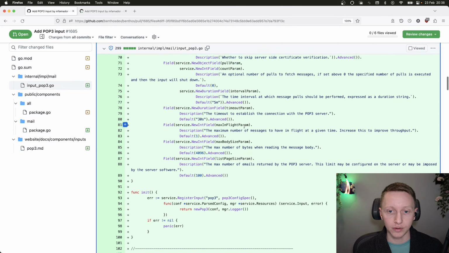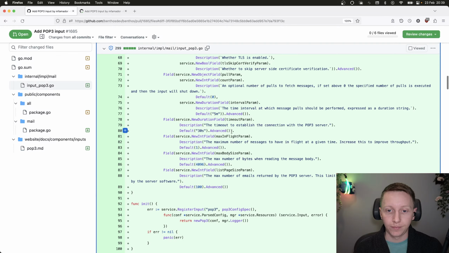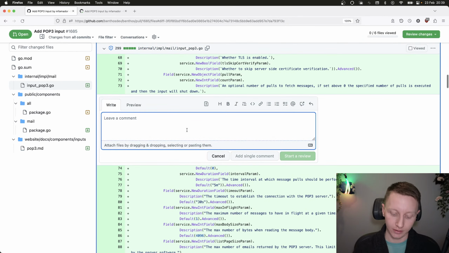And then we've got the normal stuff, like we've got timeout, we've got the interval for how often we pull. So this count one is interesting. So an optional number of pulls to fetch. If set above 0, the specified number of pulls is executed and then the input will shut down. That's quite interesting. There's not really any reason why we couldn't add that concept to all the Benthos inputs, not just this one. This could be replaced, so you could not have this parameter, instead do the same thing within a read until input by wrapping it. Not sure how. Go with that PR. I'm just going to add this as a note here because it's not going to block the PR, but